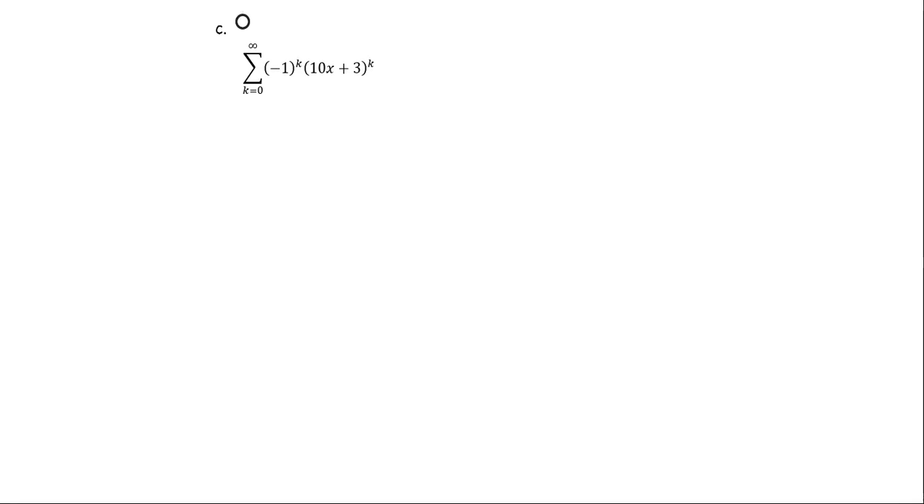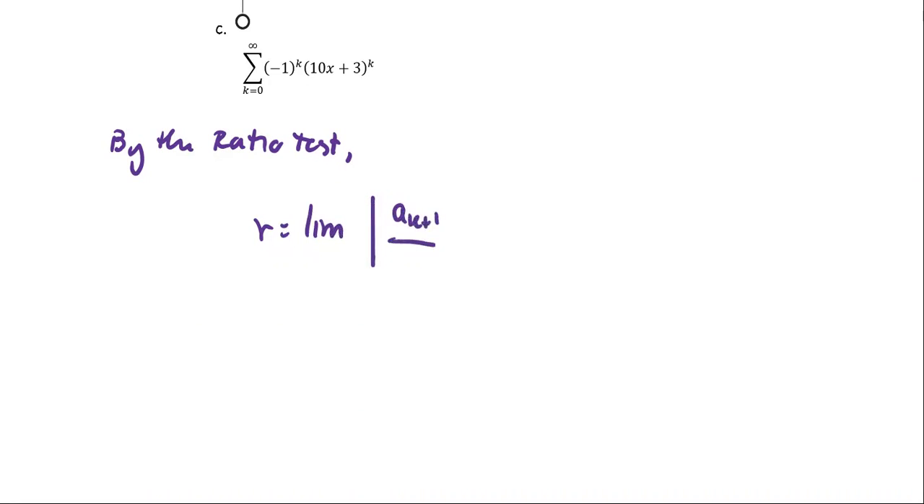Example C. We have the summation of negative 1 to the power k multiplied by 10x plus 3 to the power k from 0 to infinity. By the ratio test, the series will converge for the value r, which is the limit of the absolute value of a_(k+1) divided by a_k, less than 1,